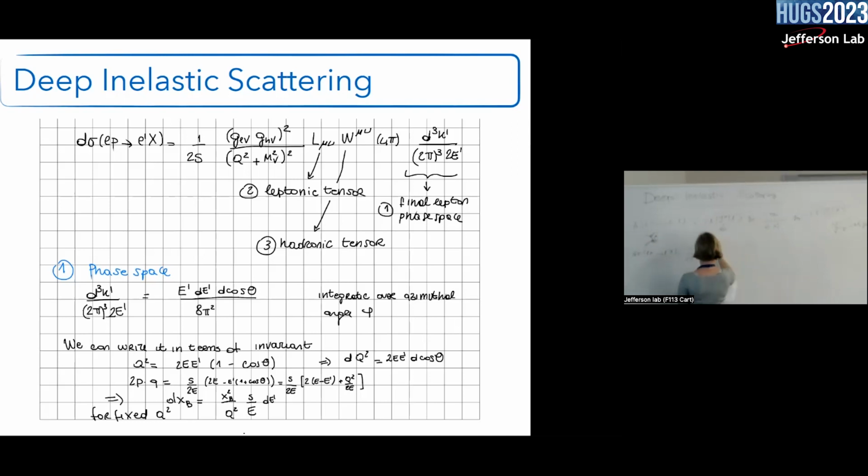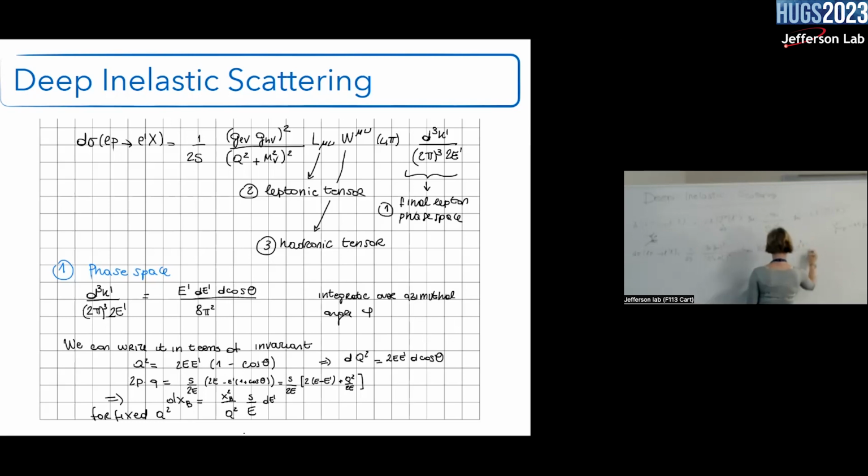So you have G_L V, G_P V, modulus squared divided by, let me write Q squared like minus Q squared, the variable we had before. So this is just Q squared plus the mass of the vector boson squared. And then you have L_mu nu, W_mu nu,